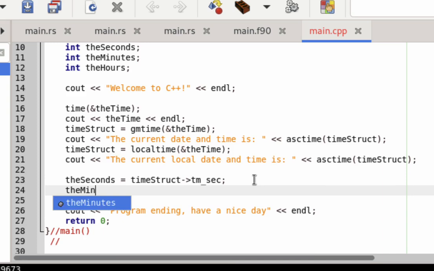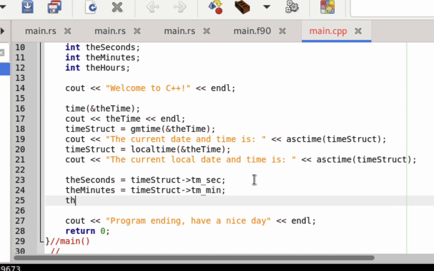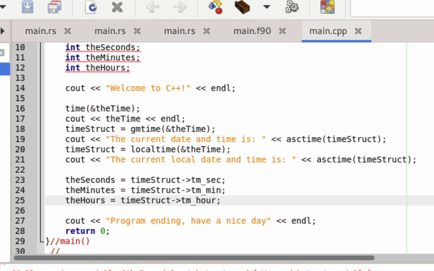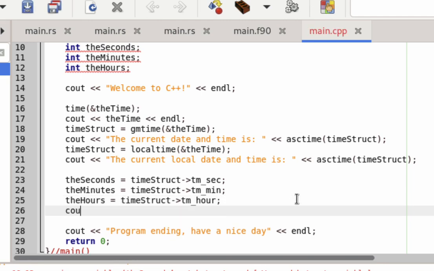I'm going to say the minutes equals time struct tm_min. The hours equals time struct tm_hour. Let's save and build that. Okay, it says that I really haven't done anything with this, so those are just warnings. So let's go ahead and print out our time. So I'm going to say count. I'm going to call this one current dissected time is